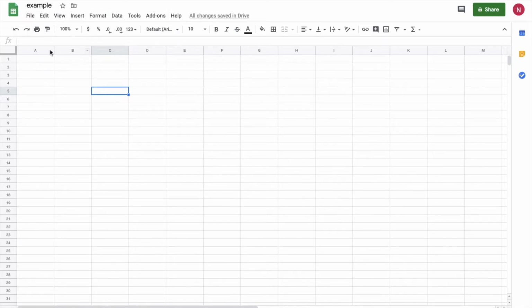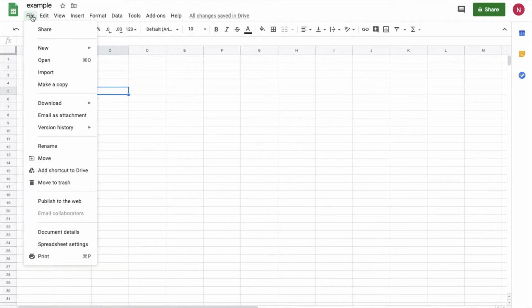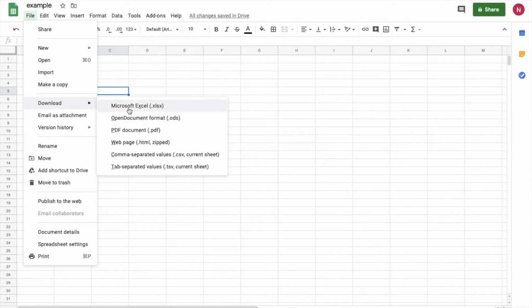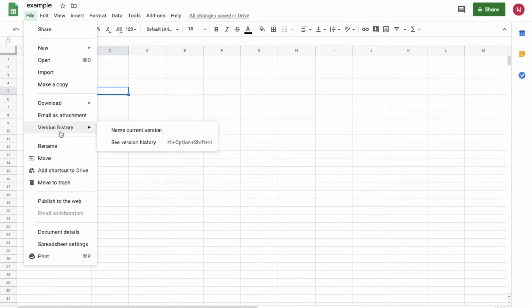So the first thing we are going to explore is the File drop bar. In this File drop bar, there will be an option where you can share it. You can share it publicly or with specific people. You can make a copy of this if you would like to have 2 of one spreadsheet. You can download this even as a Microsoft Excel or as any format,